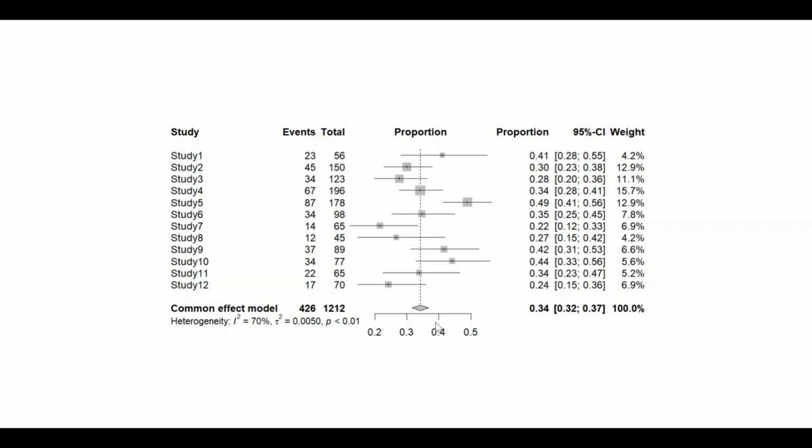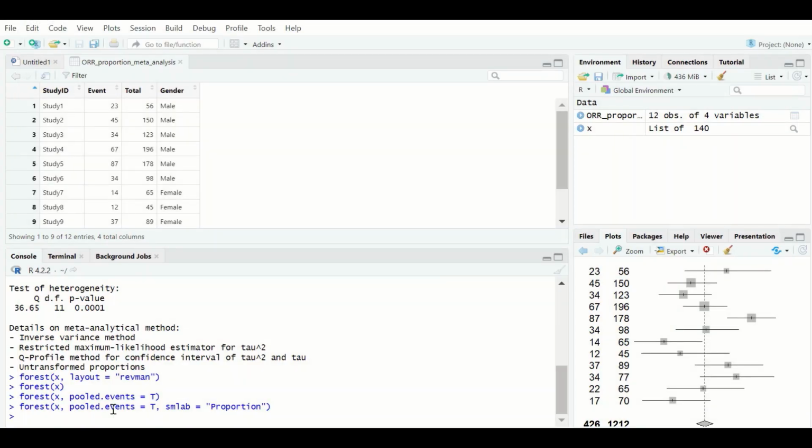The diamond represents the overall or pooled proportion from the proportional meta-analysis, and the vertical line represents the overall proportion. To change the color for the square symbols, close the plot, and in the command section copy the command